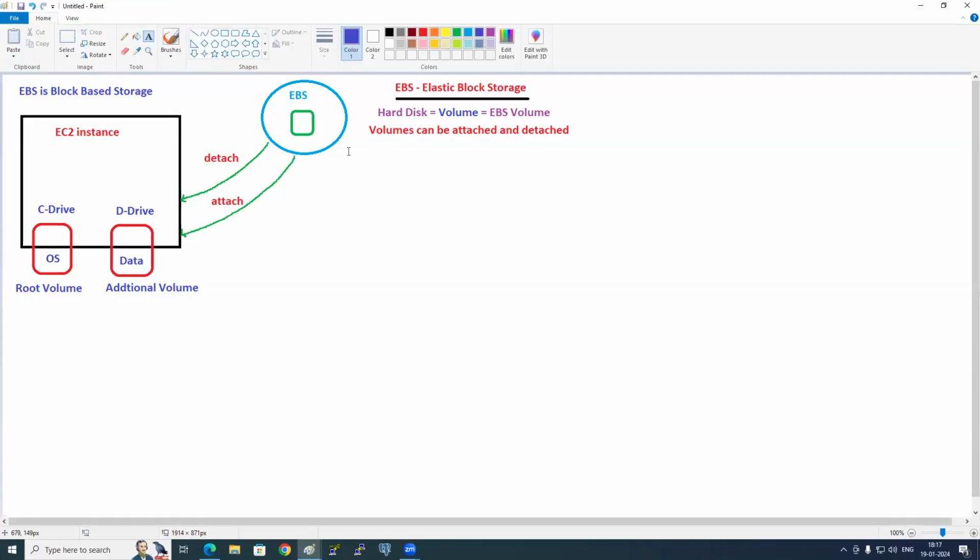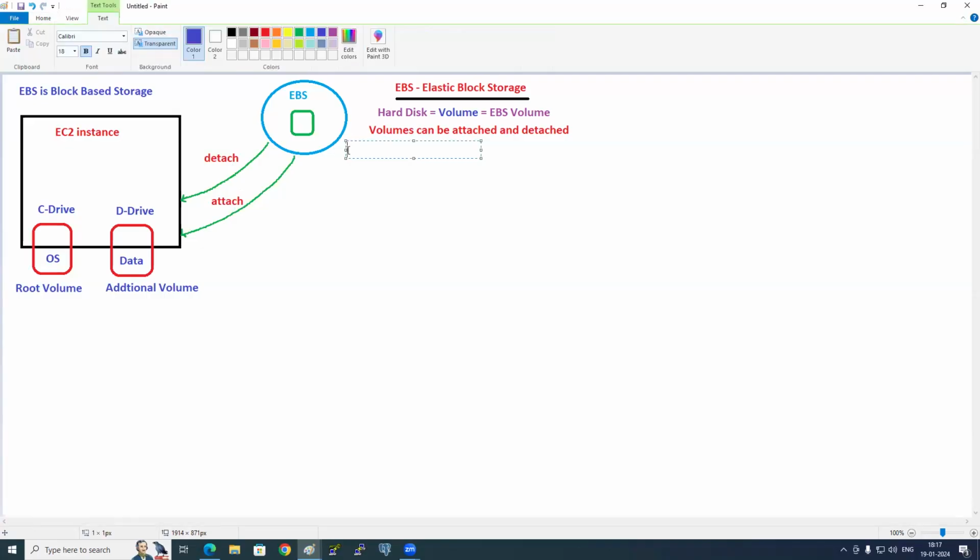And I'll ask one interview question. Can you attach multiple volumes to the EC2 instance? Yes, you can attach multiple volumes to the EC2 instance.